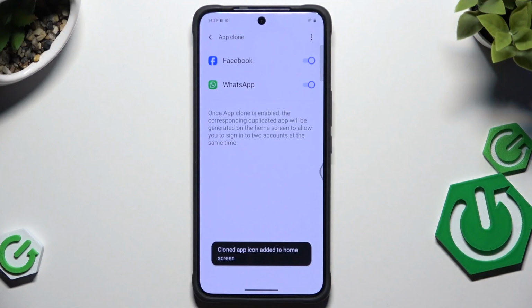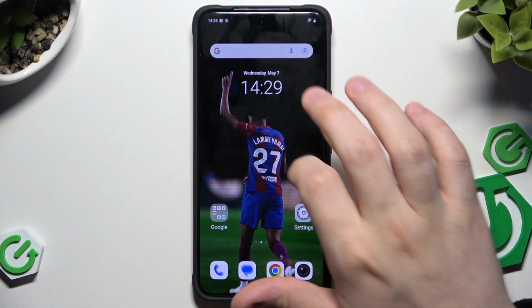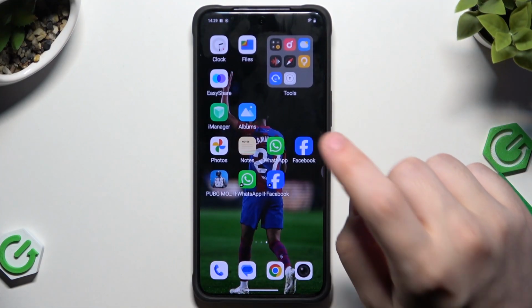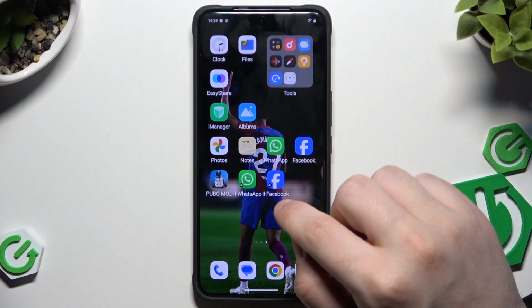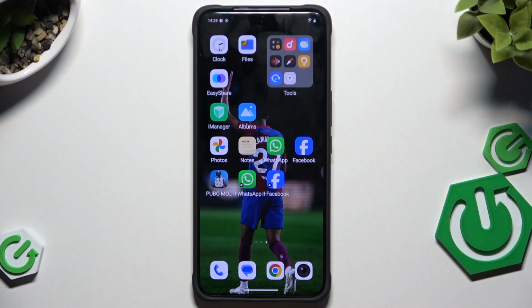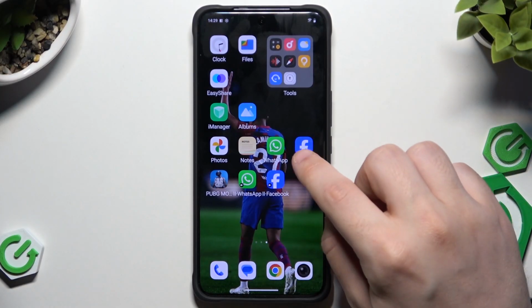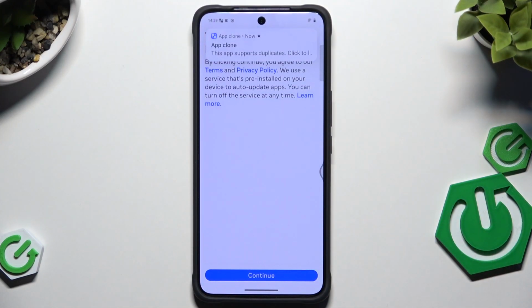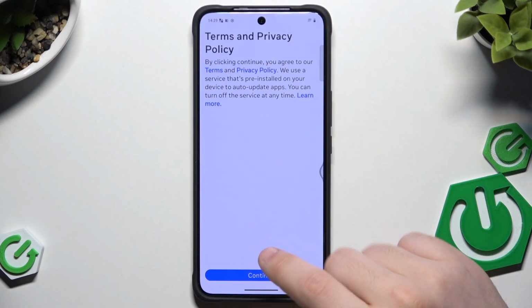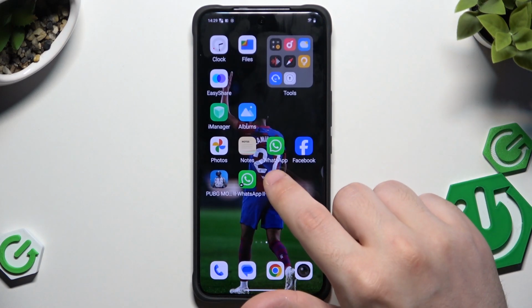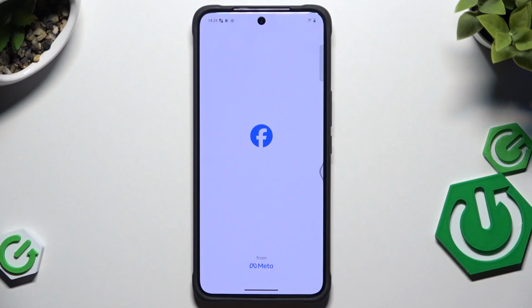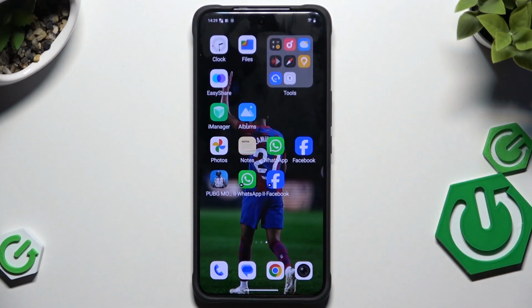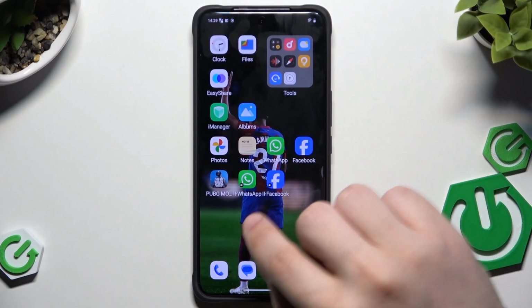So basically, when it comes to Facebook, let's say I just enable it, and now we can see that in here we have our normal Facebook, and in here our copied Facebook. When I launch, for example, this one, in here I log into my account, and when it comes to the second Facebook, in here I can log into another account, and I don't need to switch between